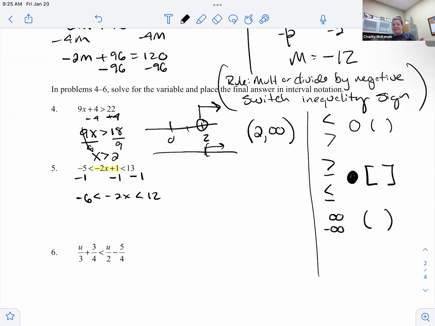So now I have a -2 in the middle, and I need to divide by that -2 both directions. This one hit our rule of switching your inequality signs, because right now when I'm writing a negative underneath, I am dividing by a negative. So this is dividing by a negative. So I got to switch both of those inequality signs because I'm dividing on both sides. So over here, -6 divided by -2 is a +3. It's now greater than,